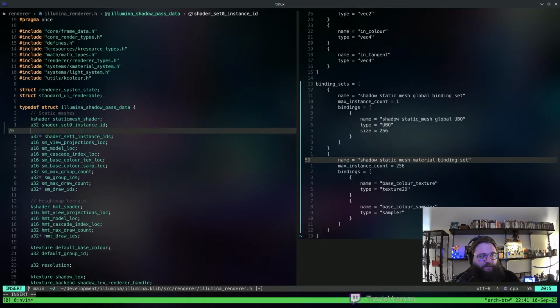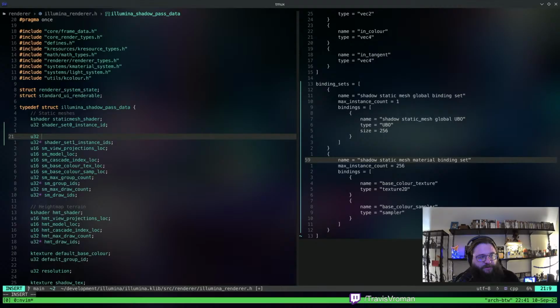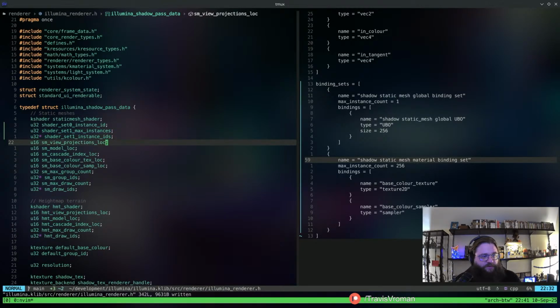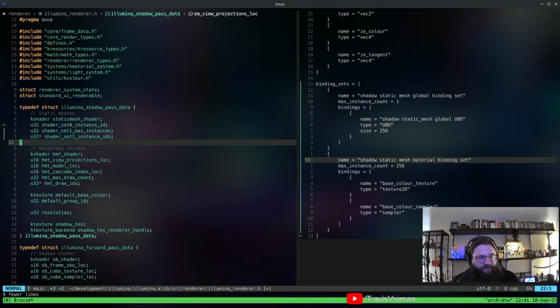And then we can do a U32 shader set 1 max instances. Max instances is fine, right? So we'll get rid of all of these locations, get rid of the max group counts and the group IDs and the max draw count and the draw IDs. Make all those go bye-bye.